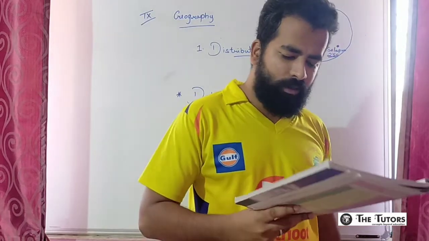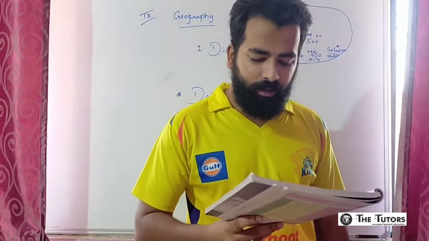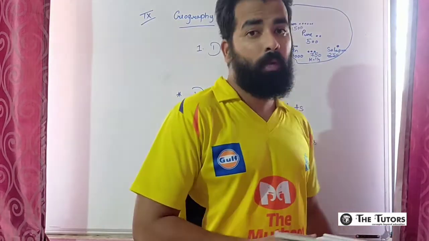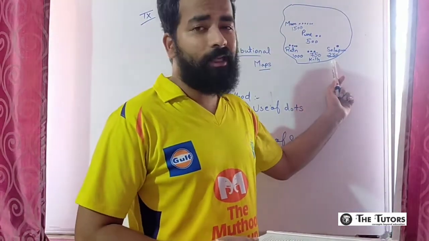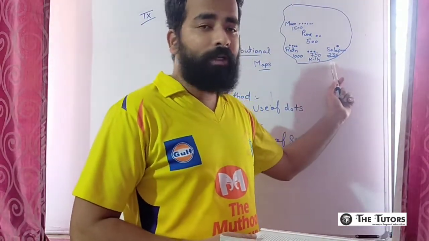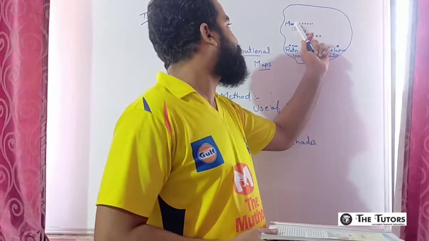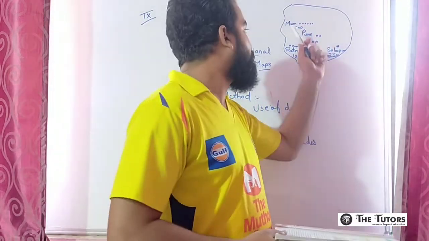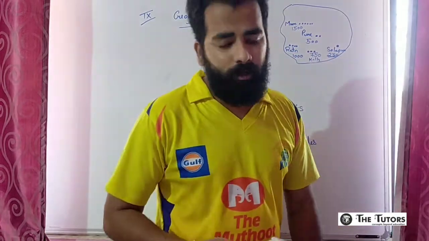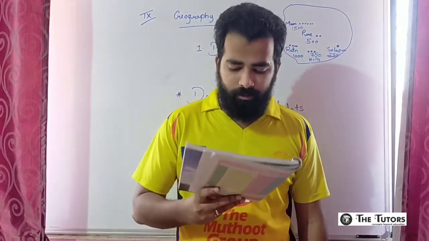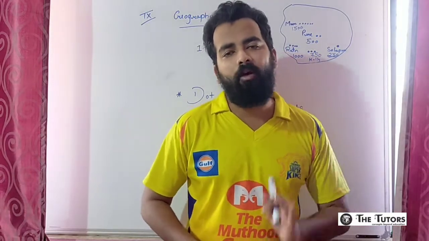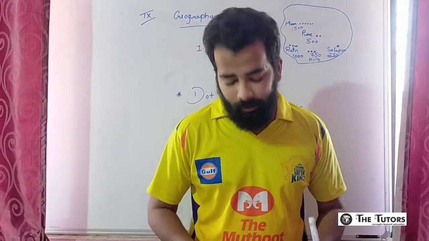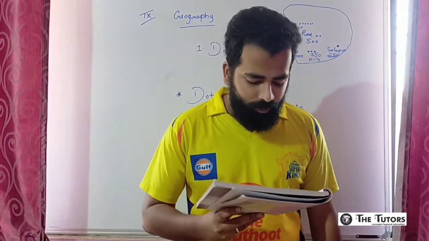To do that, the lowest and the highest value of a given variable in a region are taken into consideration. The lowest and the highest variable, the lowest population. Solapur is the least populated city in Maharashtra and Mumbai is the most populated city in Maharashtra. 1500 and 250. The lowest and the highest variables are taken into consideration, and then the value of a dot is determined. How much will be the value of one dot, that particular thing is determined, and then the dot method is